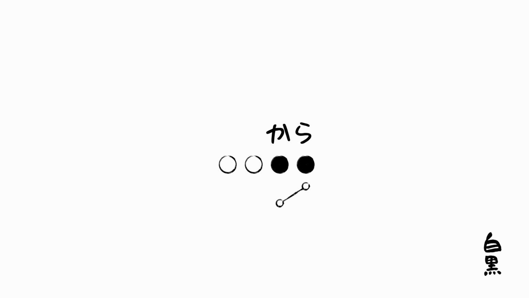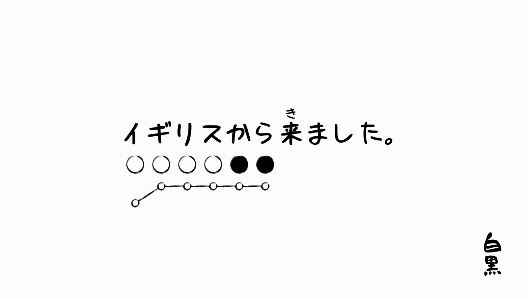In other words, if the preceding noun is also flat type, then both morae are pronounced high. イギリス happens to be flat type. So the correct pronunciation is イギリスから来ました, not イギリスから来ました。